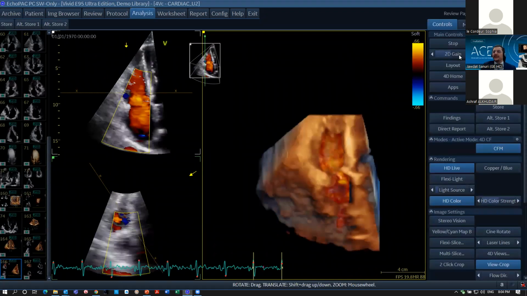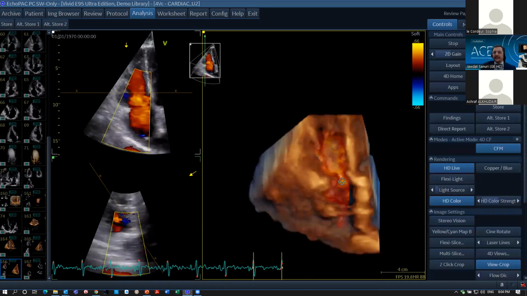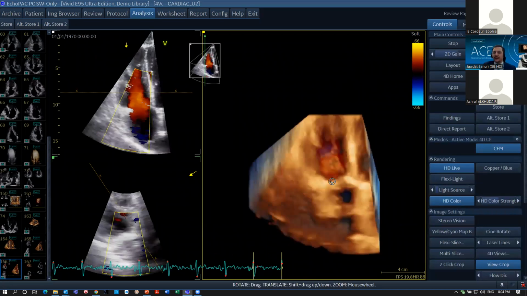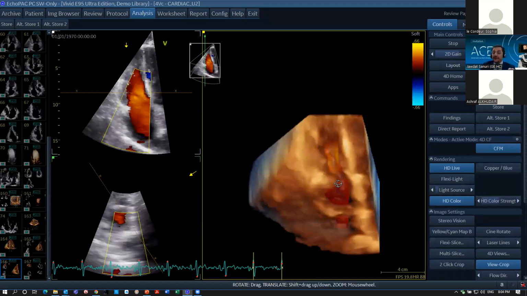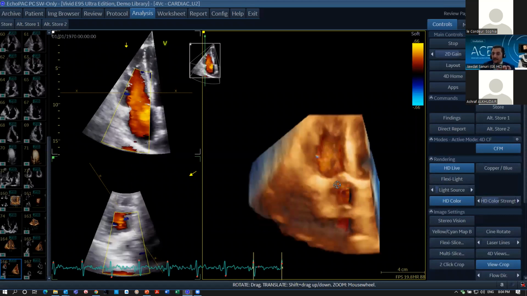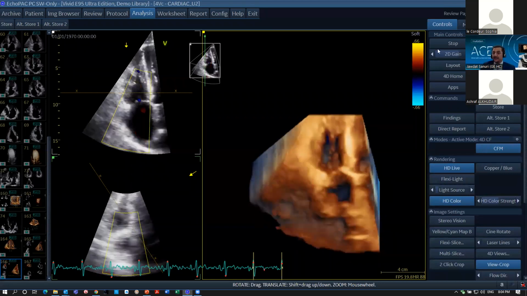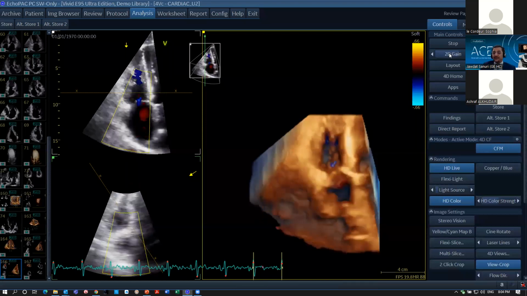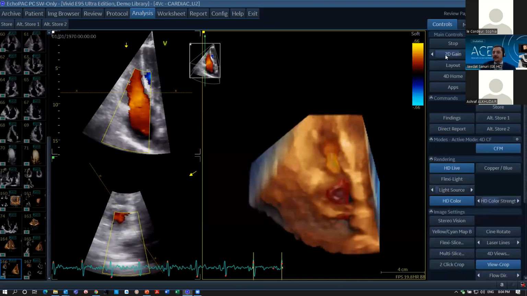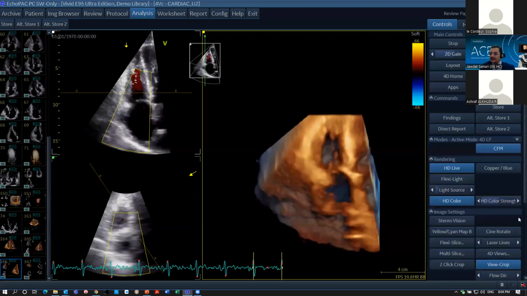All right, so here you have a 4D volume dataset with color. And if I increase the 2D gain, then you are right, it will obscure the color Doppler. So I can keep it a little high. If I want to remove the color and look at the 2D alone later, I can keep the 2D gain high. If not, then I can keep it low from the beginning, from the start of the acquisition. Okay. However, there is always